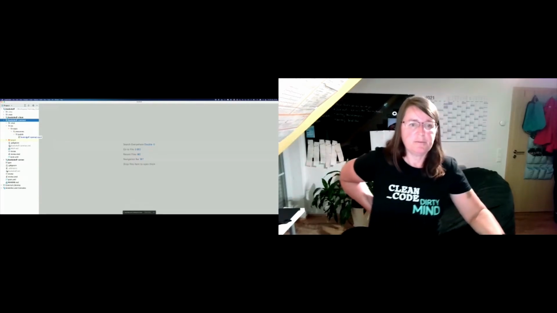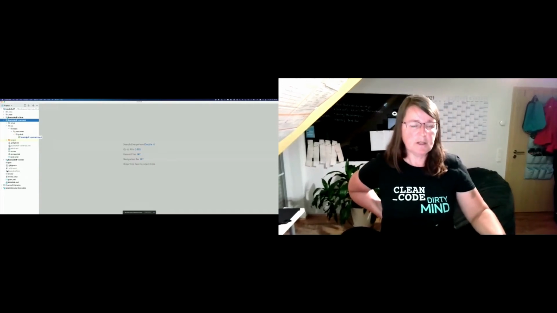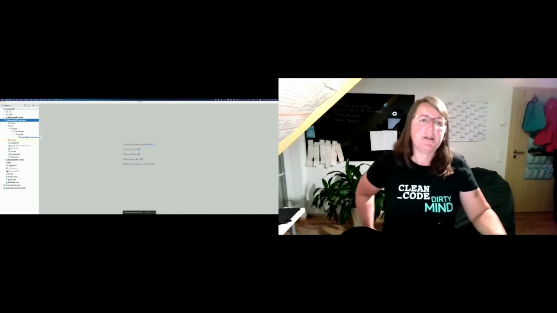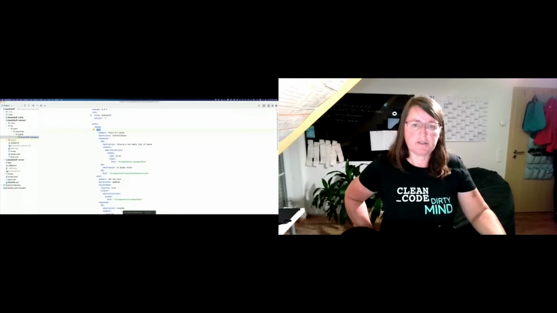So I have put an example here. So what we define is the paths to the endpoints. As you can see, we have a books endpoint, as I showed you in the slides before, and we have something like a get method, and this get method would just return a list of all the books we have in the shelf. And of course, if the shelf is empty, we would have something like